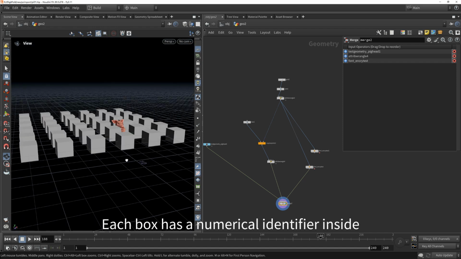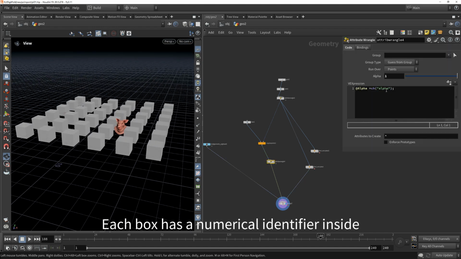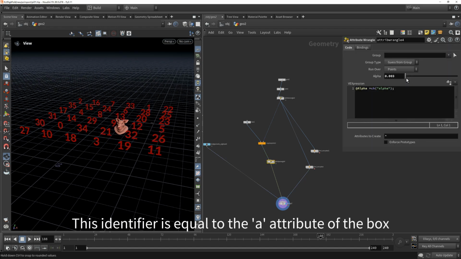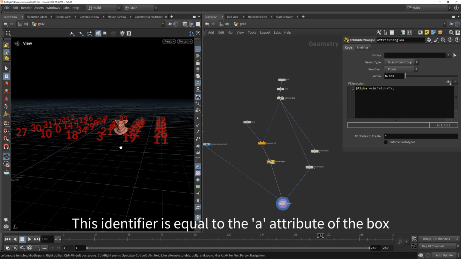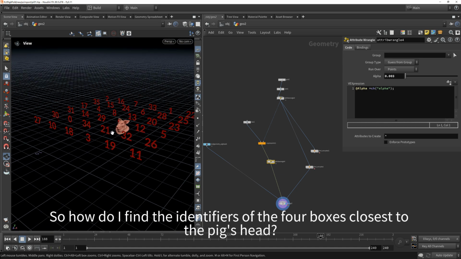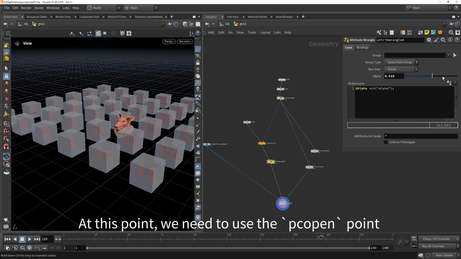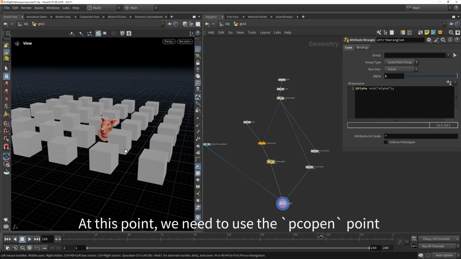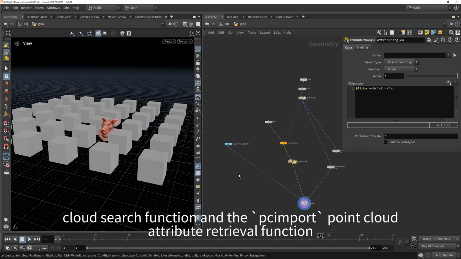In this scene, each box has a numerical identifier inside. This identifier is equal to the A attribute of the box. So how do I find the identifiers of the 4 boxes closest to the pig's head? At this point, we need to use the pcopen point cloud search function and the pcimport point cloud attribute retrieval